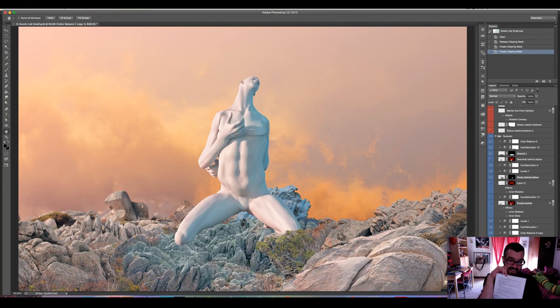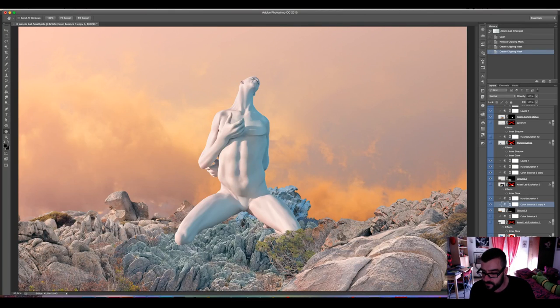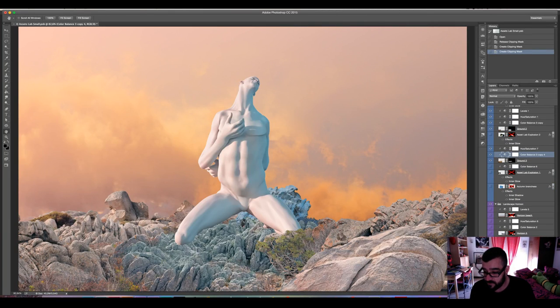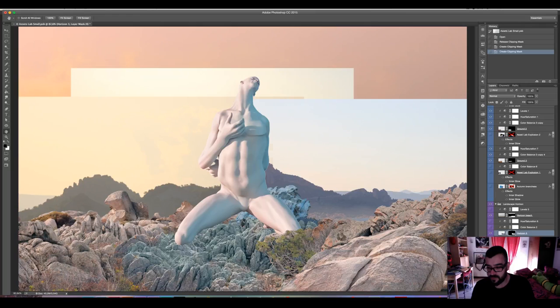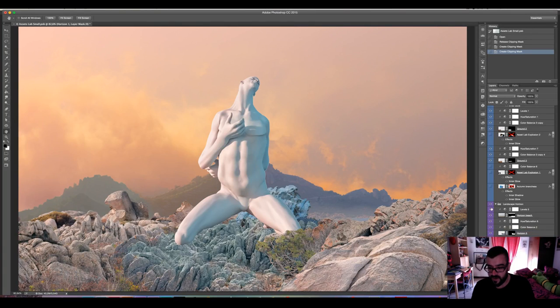I have my script here, just in case I mess it up. Okay, now I'm going to create the horizon, which is here. It's pretty much the same procedure. All the photos are from the same photo session, as I told you. I'm going to mask them out, and I'm going to add all the adjustment layers.